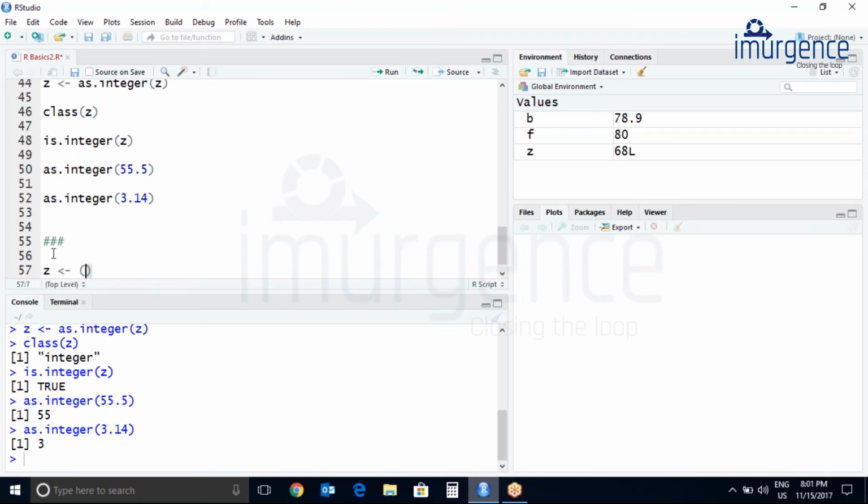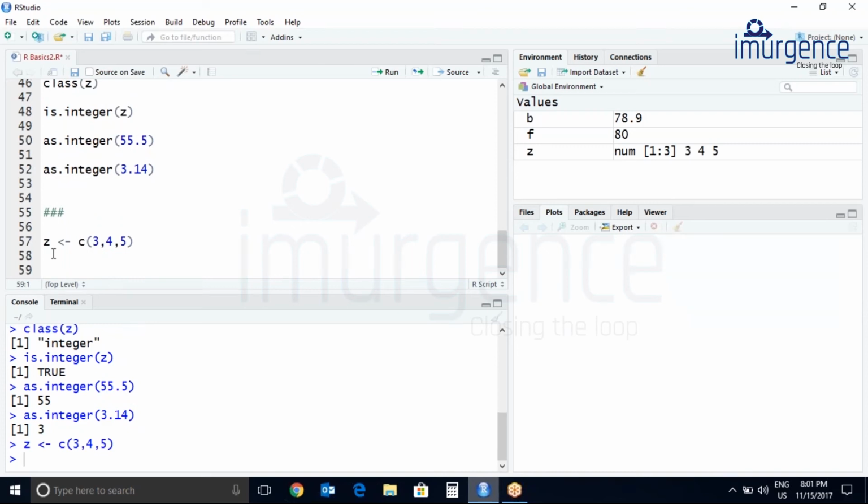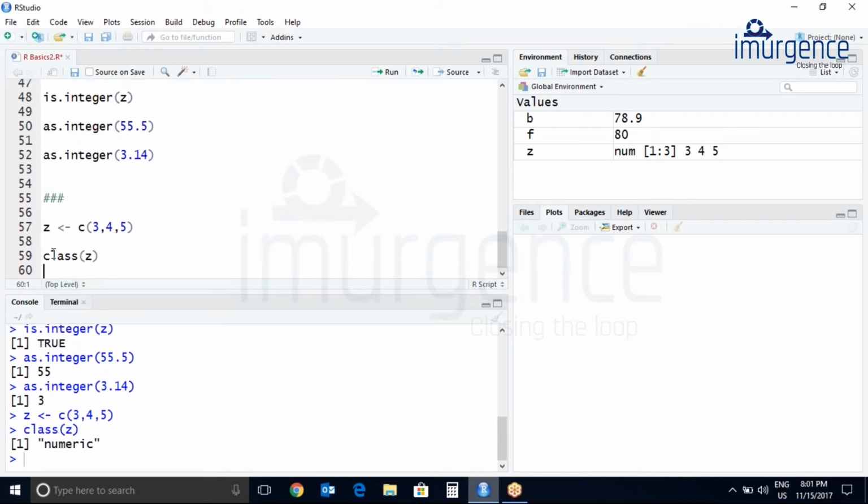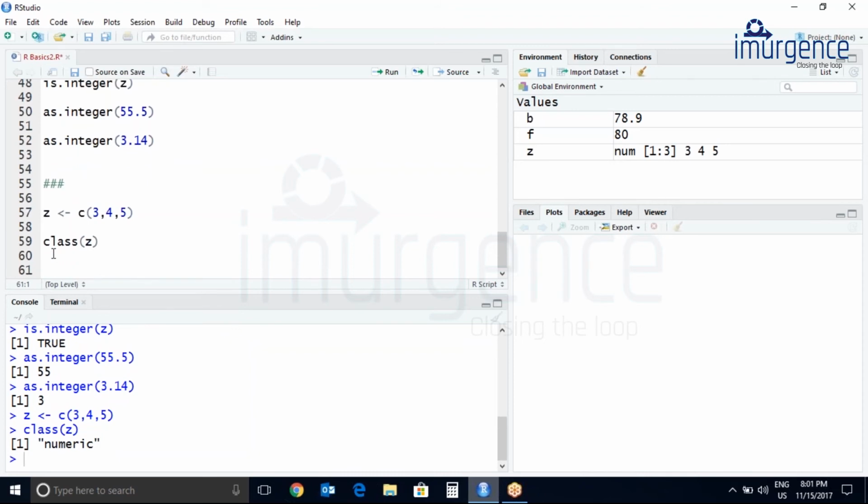Okay, let's try something else. I'm making a vector. So by default the class is numeric. Let's check the class again. It's numeric.